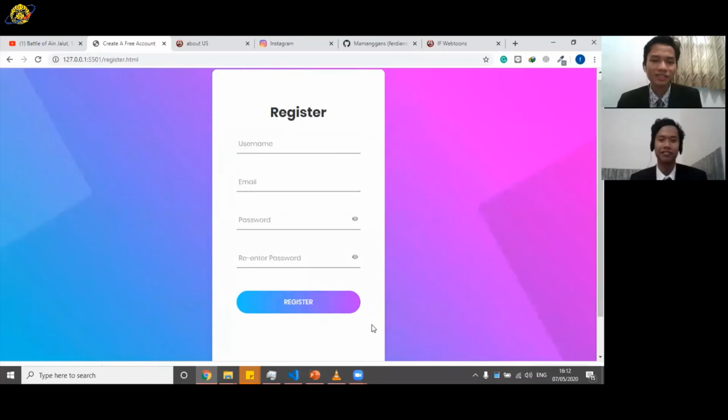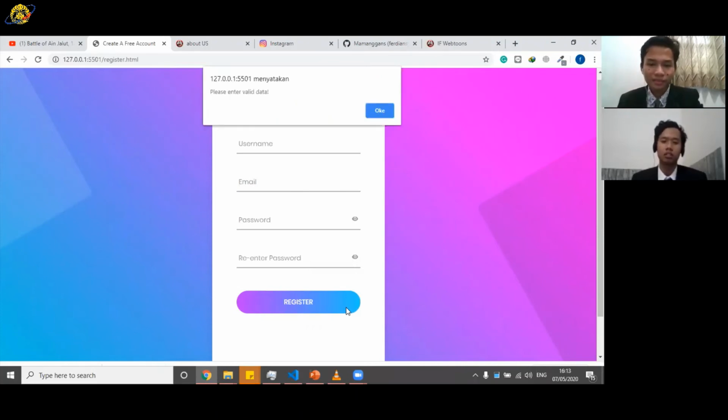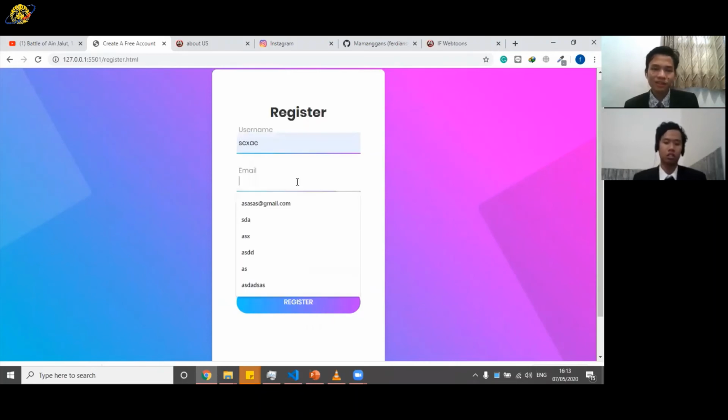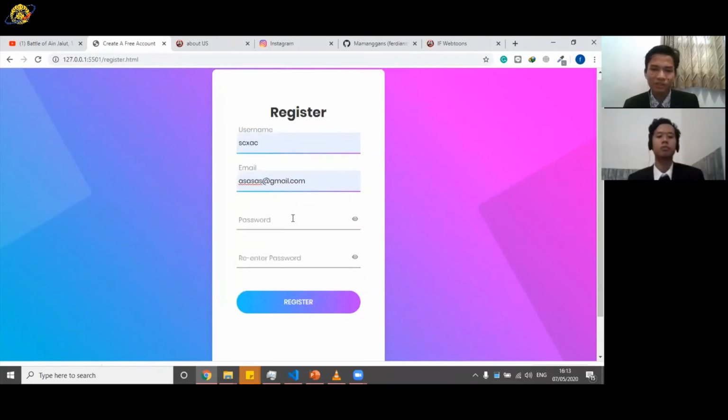So here is our register page. Our register page consists of several text fields for the users to fill. And if any of the text fields are not inputted correctly with the corresponding rules, or what the text field wants, it will give an alert that says, please enter valid data. But if the user inputted the right values to each text field,